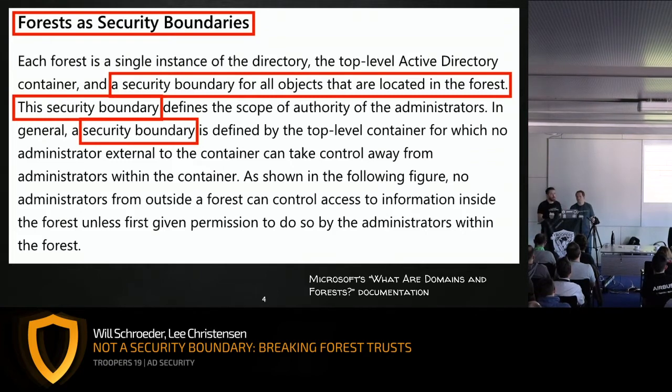We argued that forests were treated as security boundaries as per Microsoft documentation because they literally said forests are security boundaries, security boundary, security boundary. So we're going to go over how we approached chaining a couple of interesting misconfigurations or default functionality to break this concept of forest as a security boundary protection.